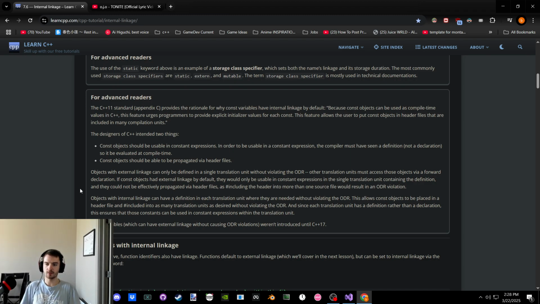Exactly. Inline variables, who knows what those are? I don't know. Which can have external linkage without causing ODR violations. Really? Oh wait, yeah, because it said inline variables, inline functions, templates, and then types. Those apparently can be redefined in the same program. Whereas externally linked ones,